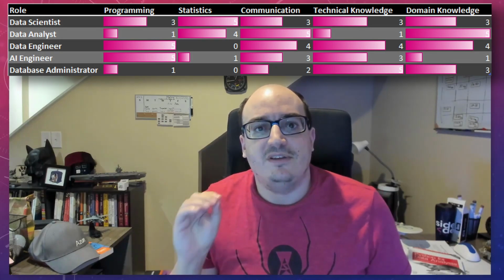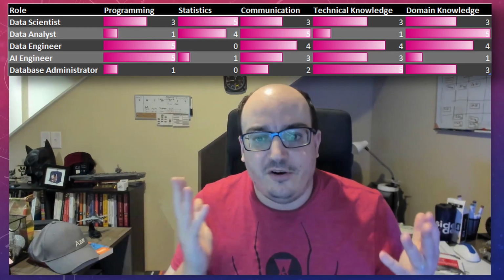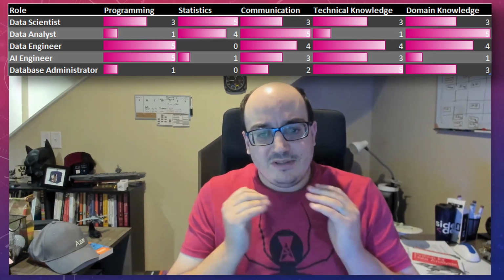First of all, I have a nice little table that has all of our roles and all the common skills that they have. These are more like guidelines as to which ones are more important and less important. For example, some organizations may have a data analyst role that is very programming heavy, while others may have a data analyst role that does no programming whatsoever. And it may vary based on your background and experience as well. So take a look at that.